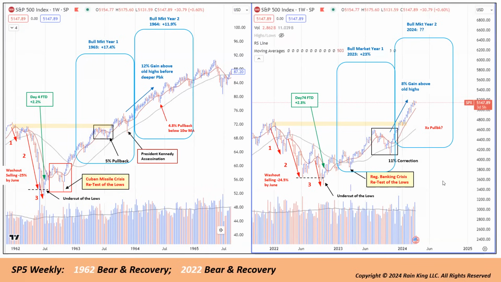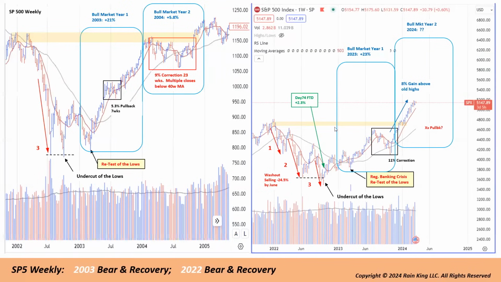And I also took a look at the 2002 market recovery. So same thing. The S&P today is on the right, but here's the 2002, 2003 bear market and recovery. And this is the last leg down in 2002. We had an undercut of the lows, then we had a little rally, then we had a retest of the lows, and then we had our first sustained move up, which had about a 5% pullback along the way. And then that market, which was a devastating bear market, got near this peak here.